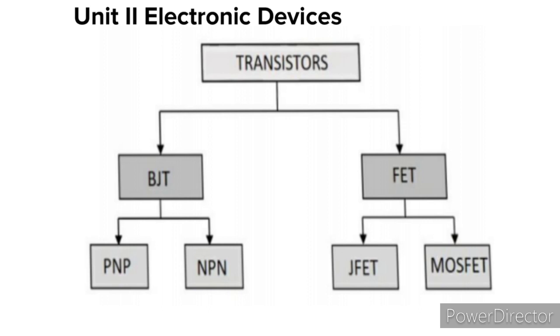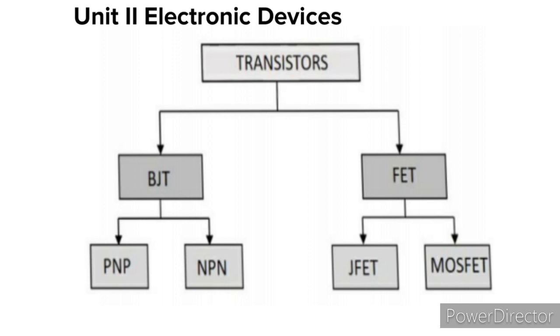There are many types of transistor in use. Each transistor is specialized in its application. The main classification is as follows. The primary transistors are the BJT, bipolar junction transistor, and the field effect transistor or FET. FET is the modern version of transistor. Let us have a look at the BJTs.